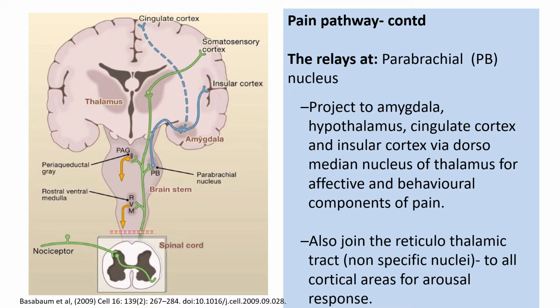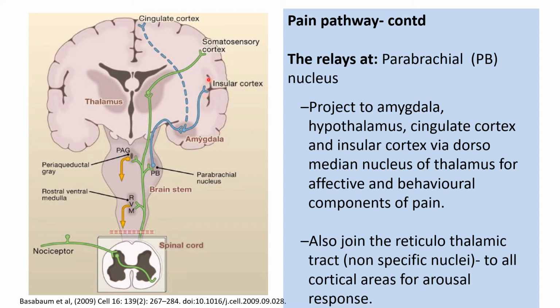This would form the paleo-spinothalamic tract, that is, emotion or behavior associated with the pain. To achieve that, the parabrachial nucleus sends axons to the amygdala as well as the hypothalamus, and from there it projects into the cingulate cortex,